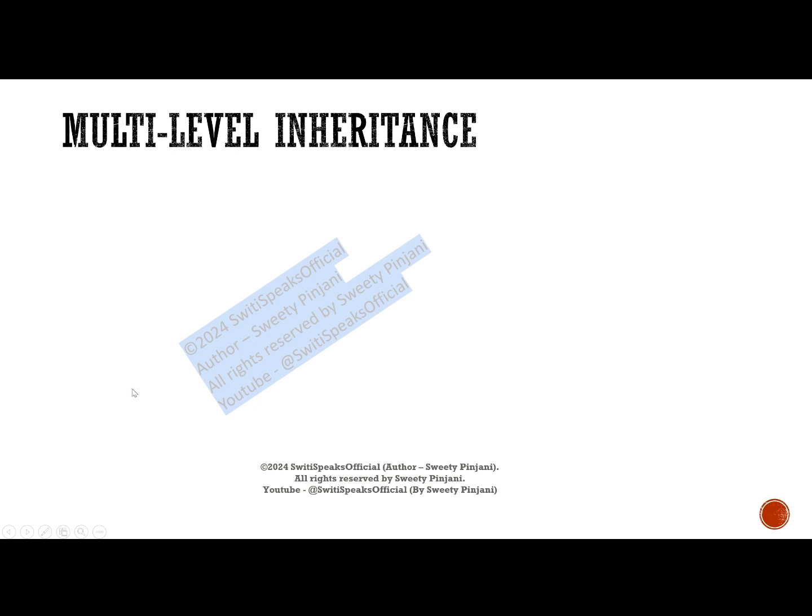Let us also understand multi-level inheritance. This also we use a lot, especially in complicated designs. Here what happens, the child class can also be the parent class of another child. Example, your father is son of your grandfather and you are child of your father. It means your father, who is child of your grandfather, is also a parent of you. This is how multi-level inheritance works. A child class can also be the parent of another child.